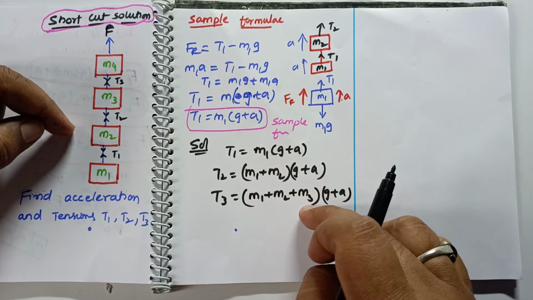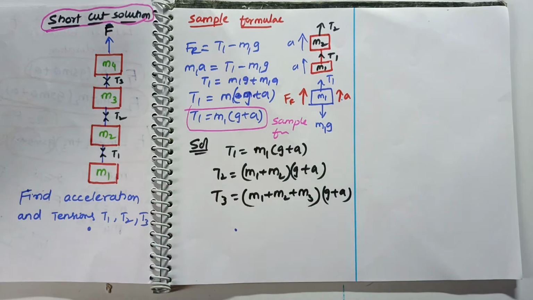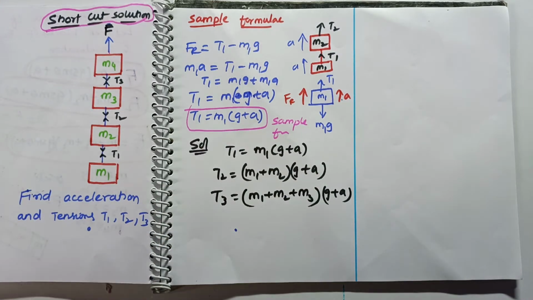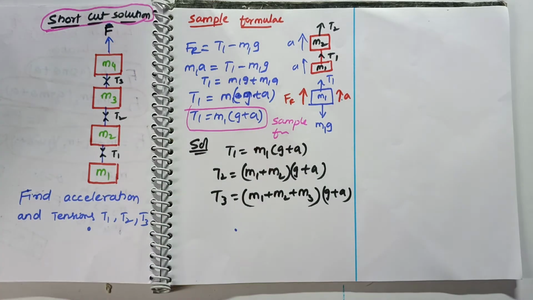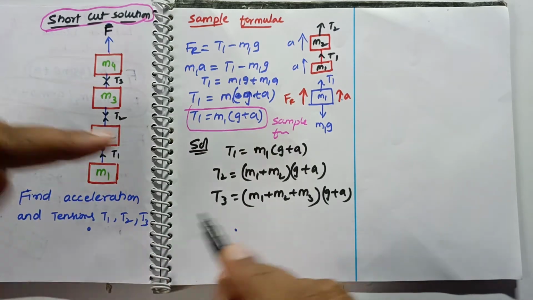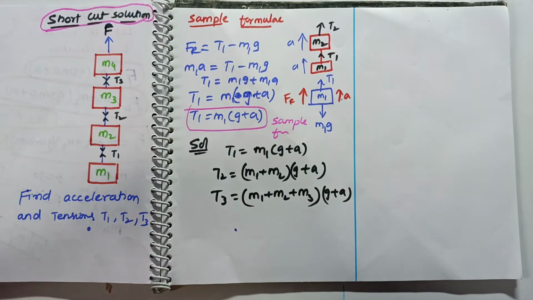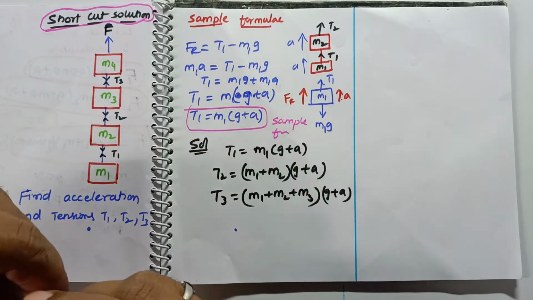First, second and third steps. In three steps you got the tension. But how are you going to find out the acceleration here? Okay, so you got tensions T1, T2 and T3. Let me write these three formulas